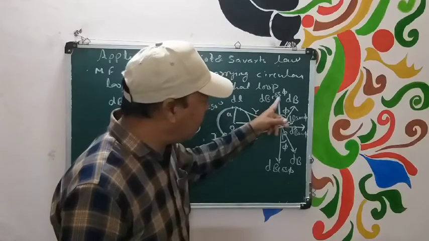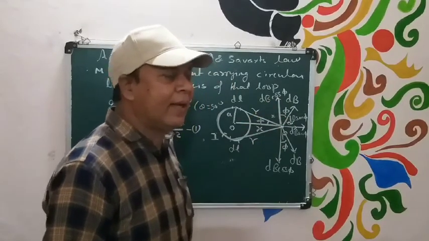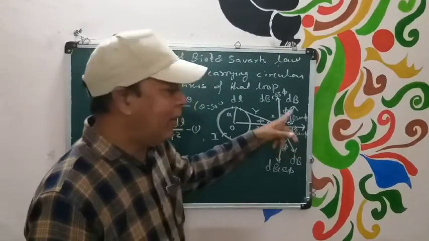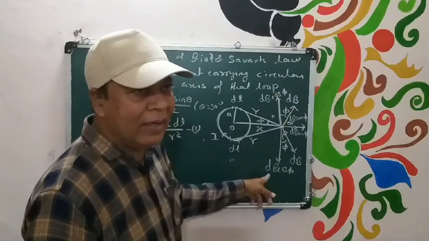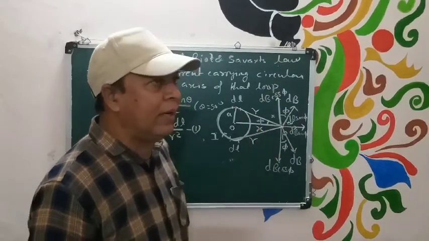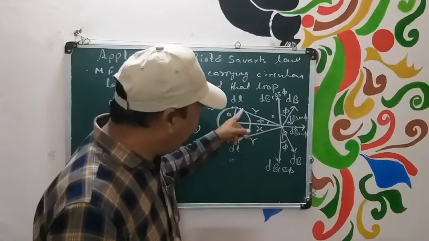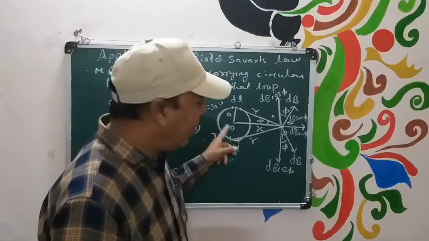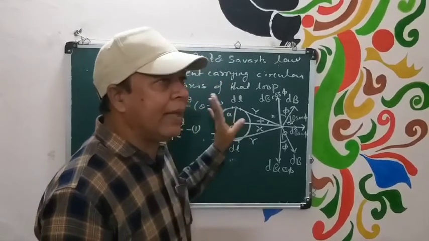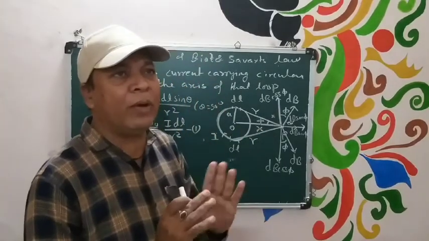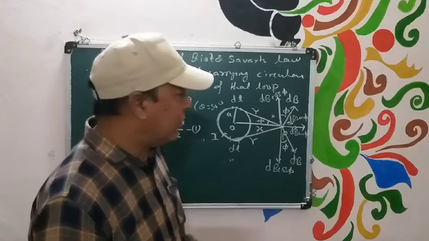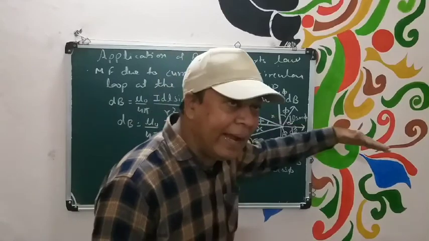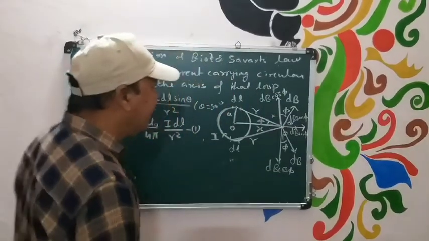तो इन दोनों एलिमेंट से आपने देखा, dB cos phi will cancel each other, whereas dB sin phi will be added. dB cos phi components are cancelling each other, whereas dB sin phi components are added. If you consider multiple small elements in this loop, so in all cases you will find that the dB cos phi component will always cancel out each other. But the dB sin phi component for each case will be along the axis only, so it will be added.